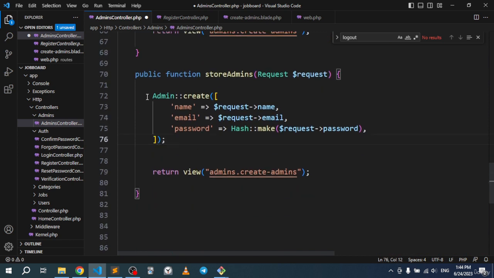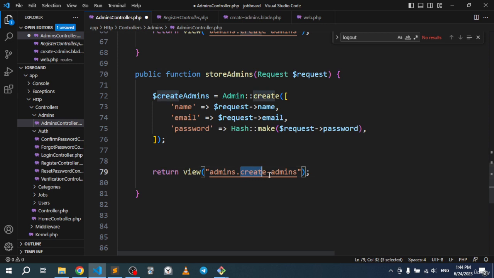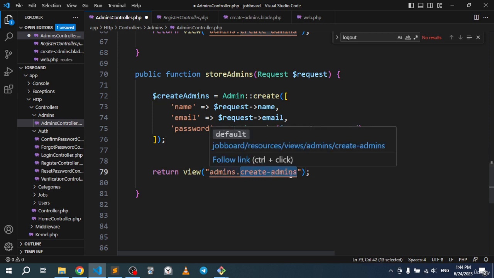So right after we insert, I want to actually give this some kind of variable. So create admins like that. Right after we insert, I want to go back to admins dot, let's see,